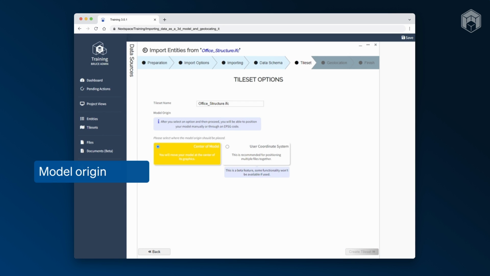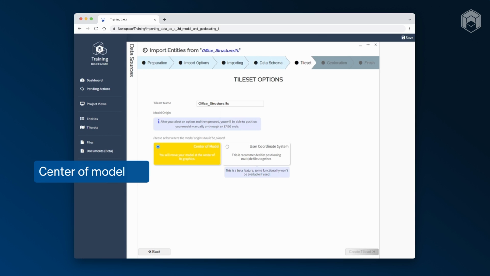Model origin. Model origin is a technical term that describes how we decide where to locate the model, its position, and how to turn it around, scale or tilt it, or orientation. Usually this is not something that we can reliably detect, so Nextspace asks for this information during import. Center of model. In this case, we will choose to use the geometric center, the place in the model where we were equally far away from all of the most distant objects in the model, for positioning and orientating the